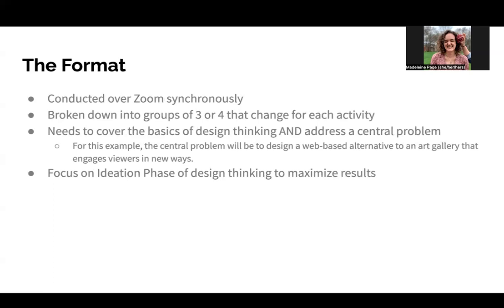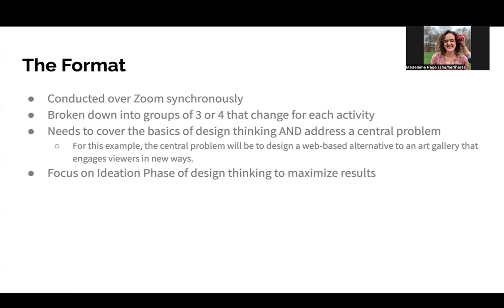The format I chose was to conduct this over Zoom synchronously because I still think that in the moment collaboration is really vital to a design thinking workshop, broken down into groups of 3 or 4 that change for each activity. So like I said before, getting new people and new ideas from each section. And then it needs to cover the basics of design thinking and address a central problem. In this case, the central problem will be to design a web-based alternative to an art gallery that engages the viewers in new ways. And I wanted to focus on the ideation phase of design thinking to maximize the results,